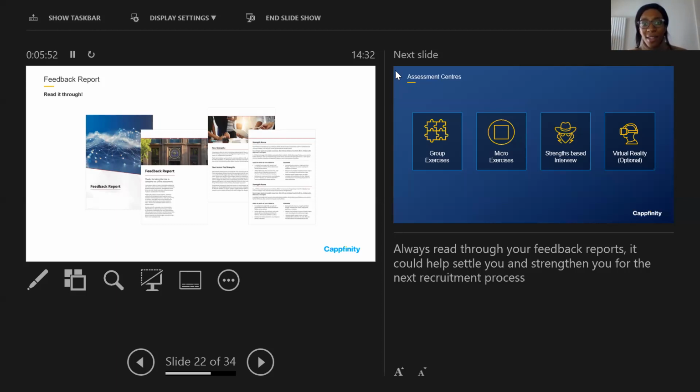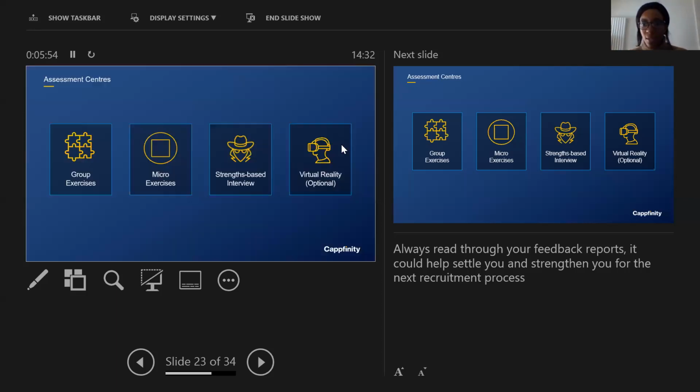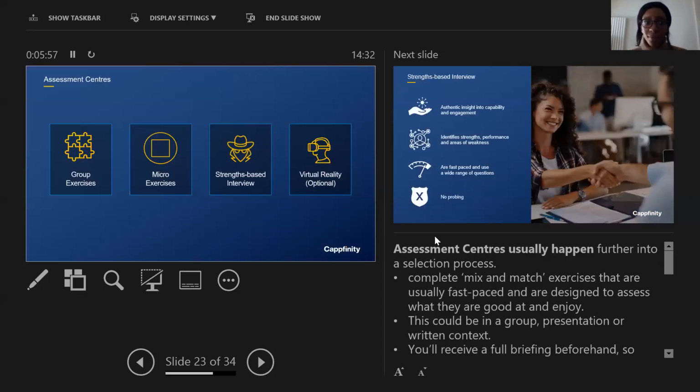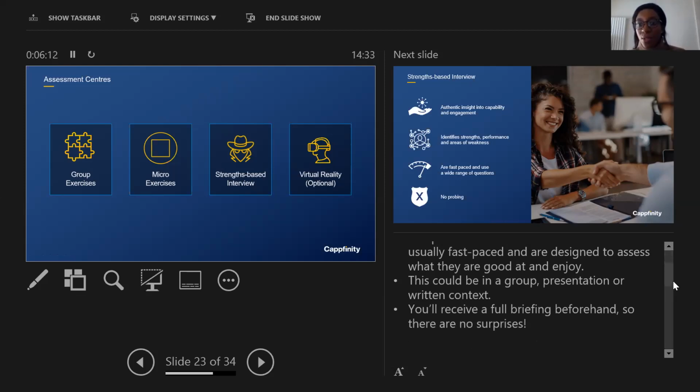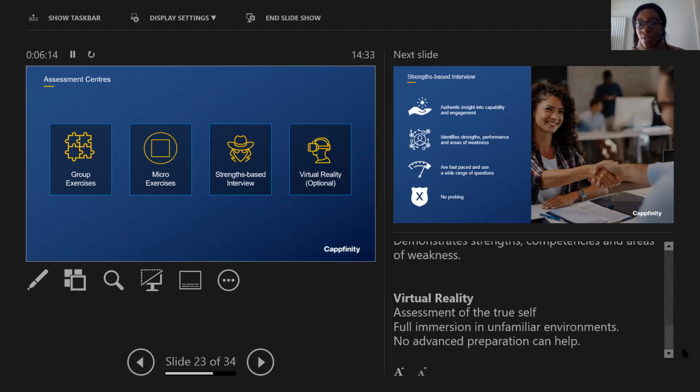So I'm just going to flip to the next slide, because it does talk about assessment centers. In your assessment centers, you may do something. The fourth box here, you can see virtual reality. Whilst it's not gamification, it is removing you from the real world, as it were, and we do assess virtual reality.